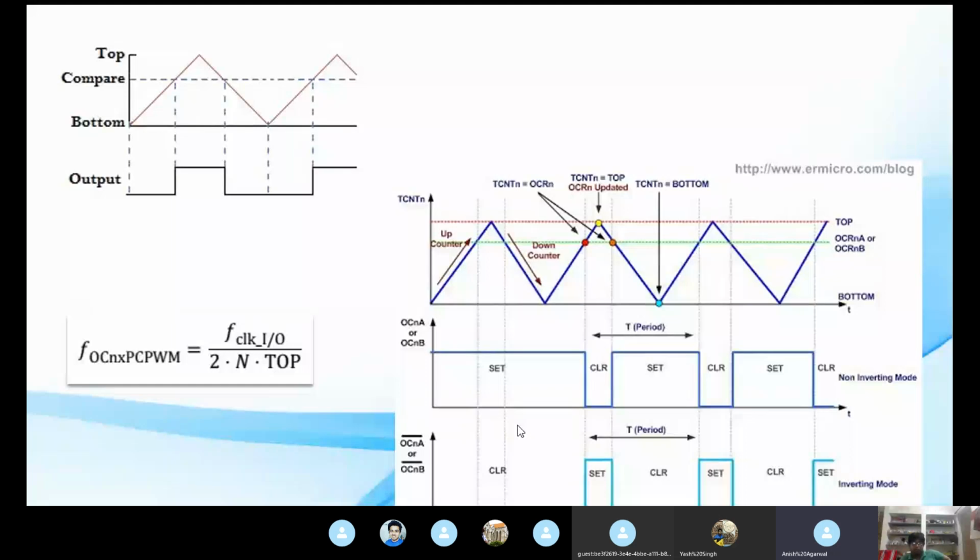Suppose we have a pulse which stays on for time t and stays off for time t again. From 0 to t, it is on and has a value of voltage V. And from t to 2t, the value of voltage is 0. So on an average, from 0 to 2t, the voltage supplied is 0.5 volt, right? Because from 0 to t, the voltage supplied is 1 volt, so the area is 1 into t, which is t. And from t to 2t, the voltage supplied is 0, so the area is 0. So the average voltage is 0.5 volt.